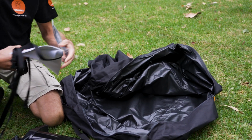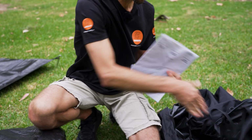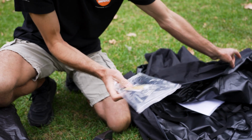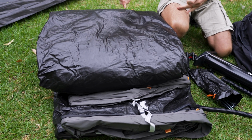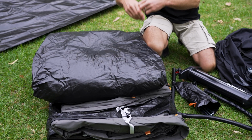inside easily, and you get everything secured with a couple of straps here, instruction manual, and you also get a few little repair patches and glue and that sort of thing in there if you do have any damage to the fabric. Now this is the tent all in one. It's the beauty of the air tents is you don't have the fly sheet and everything separate. It's all in one. This is going to all assemble as one piece, so you don't have two separate things